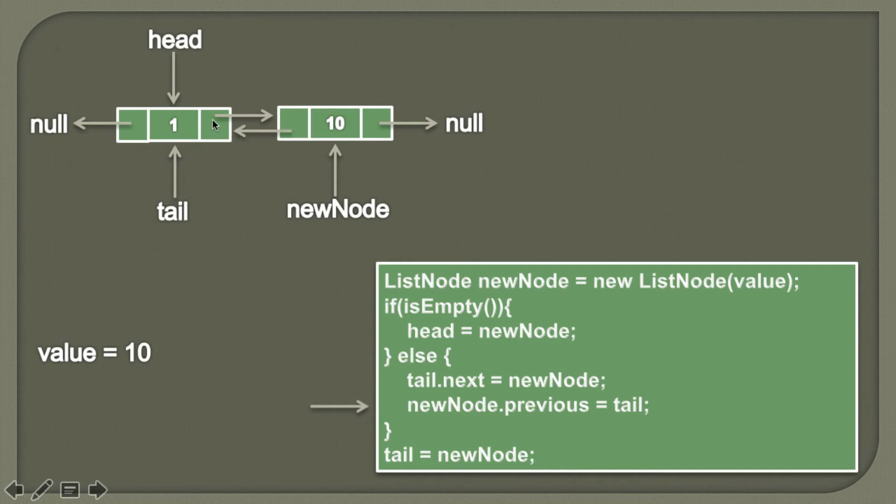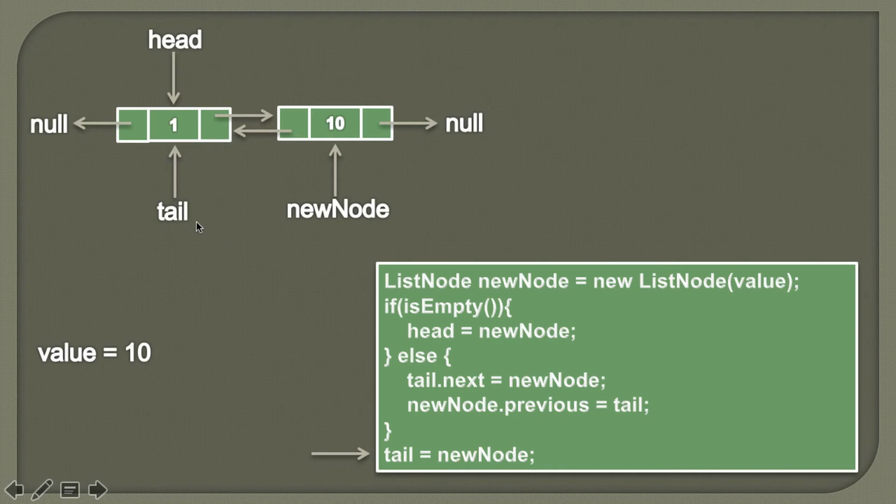So currently the adjacent nodes in the doubly linked list are referring to each other, such that the first node is pointing to the node which we wanted to insert, and the node which we wanted to insert is referring back to it. So moving ahead, the final step is we need to assign new node's value to tail.